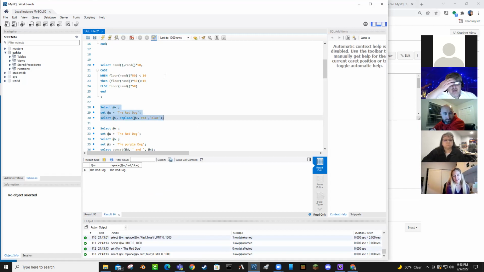So MySQL is not case sensitive when it comes to name or from commands. It is case sensitive when it comes to the data inside the table, which in my humble opinion is frustrating because I was sitting here writing this going, why isn't this working? This isn't working. I don't understand. I'm like, oh, there you go. That's why it's not working. So you know how we cheat with this is we look at this and we go,